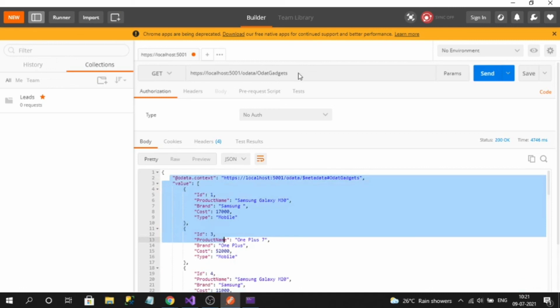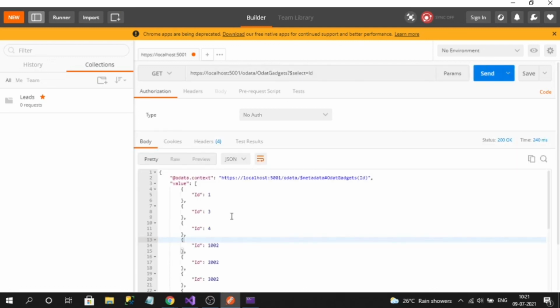Now if I apply select here, it will work the same way, but this is OData routing, so I need to apply $select equal to ID. See, only IDs are coming. So this also works similarly.